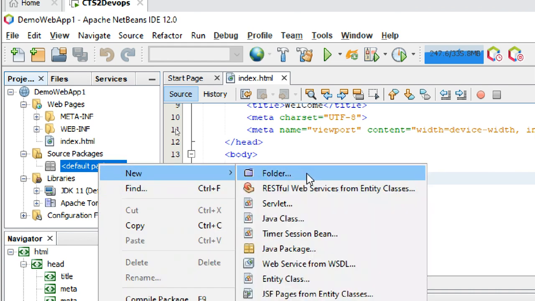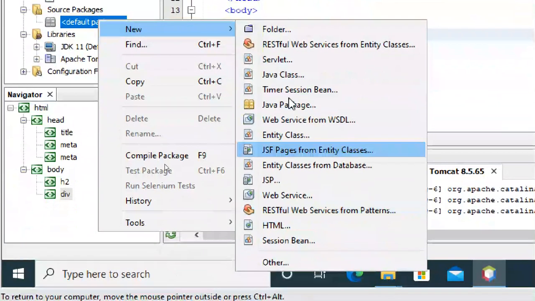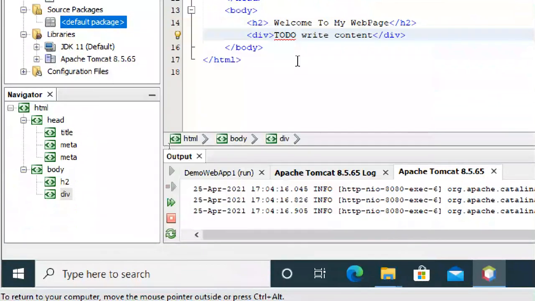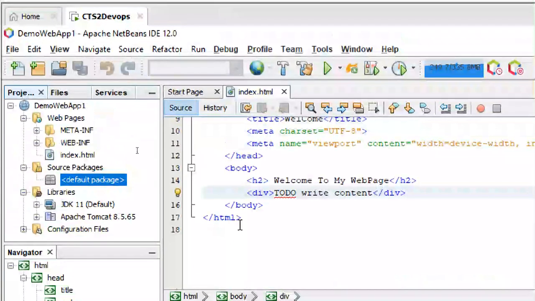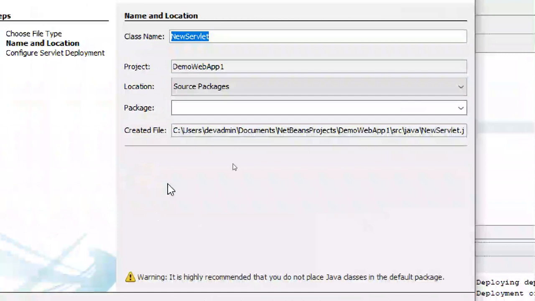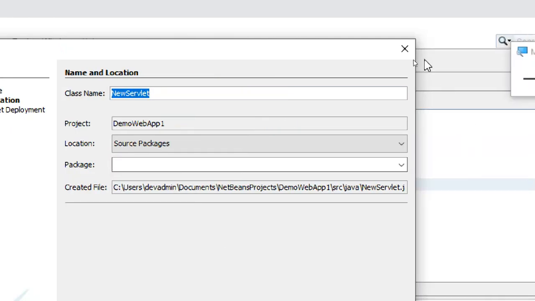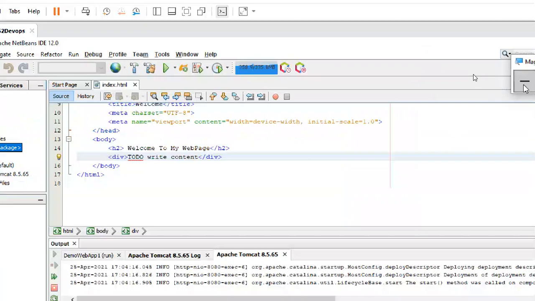New, new package, or new Java, new servlet like that. You can put it like this. Okay, like this you can put it.